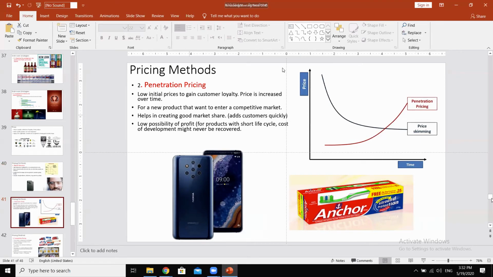Then we had penetration pricing, which was the opposite. I had initial low prices that went up, usually used for a market that is really competitive. The Nokia phones were a really good example. And then you have a lot of advantages to penetration pricing, which is you create a good position for yourself in the market. You can increase market share, your fame, brand image. And if you do end up with loyal customers, you can increase your selling price. So if a lot of people end up liking Nokia more than Galaxy and Google and Apple, then you